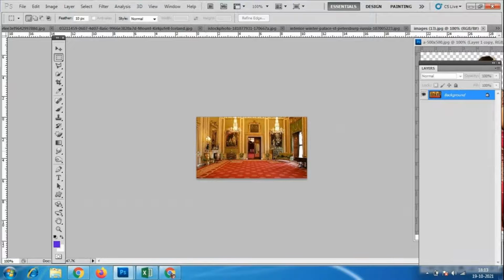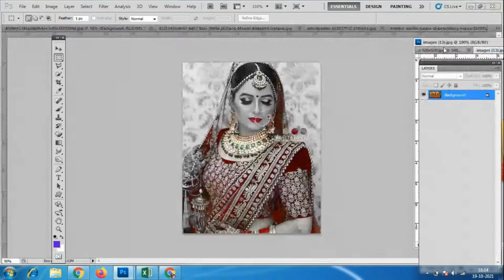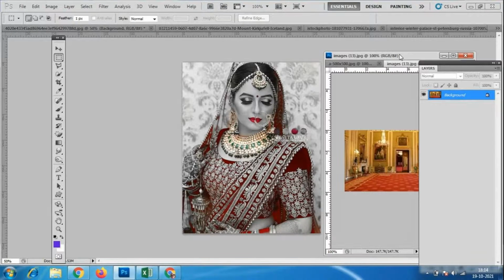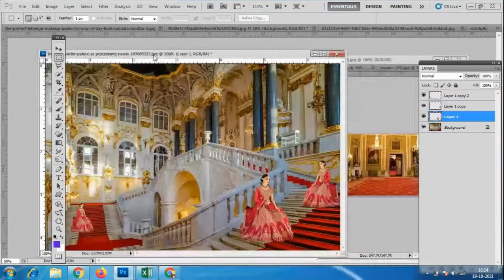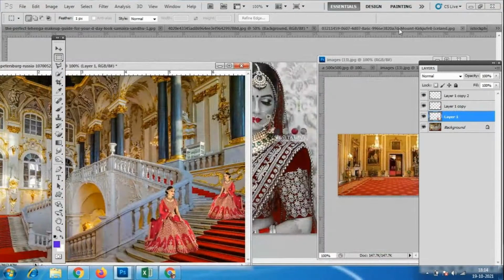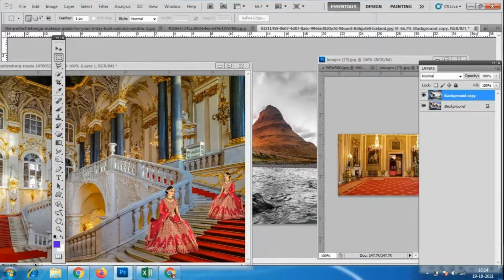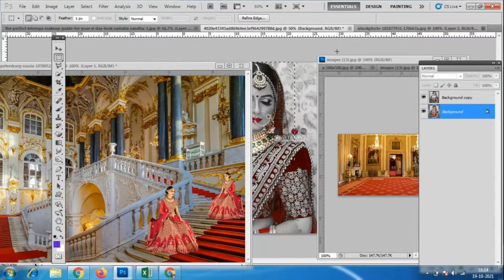So look at here. Now I'm taking this much, this image quality is not good, still I'm using this. I'll take the copy of this, otherwise I will take this complete image. Everything is possible. I have taken multiple images over here, so I'll just close all the files and only work with the files I need.